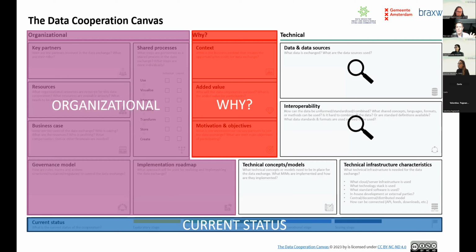Then you can describe something of data and data sources. I will show that later on in the presentation, and the same goes with the interoperability. And when you describe that, you can also make this an exchange like that. How does this consist into the technical part of the cooperation? What kind of technology will you use? What will be the MIMs, the minimal interoperable mechanisms? Which one will you choose? Which one will you apply? And how can it be implemented? How will it be applied?